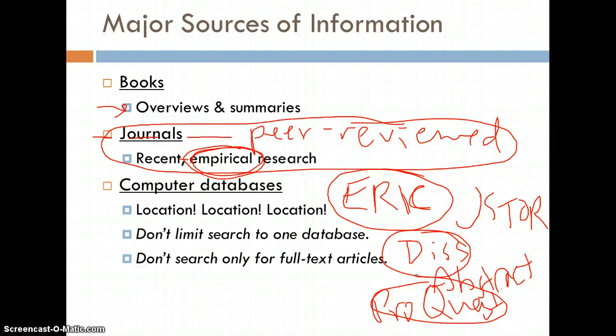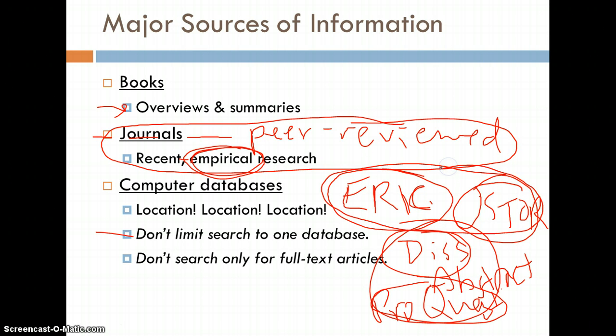I strongly recommend that you do not limit your search to just one single computer database. Honestly, I usually go to ERIC, to JSTOR, and to the dissertation abstracts. I probably do these first most of the time. Another one that's come up recently, and more people are using it because it's actually linked through a lot of university systems, is Google Scholar. I think you type in scholar.google.com and that comes up.